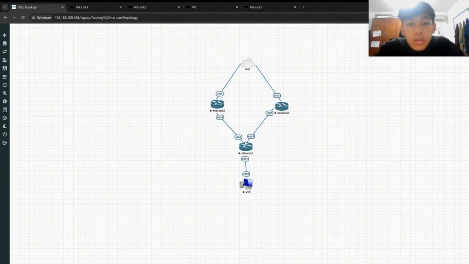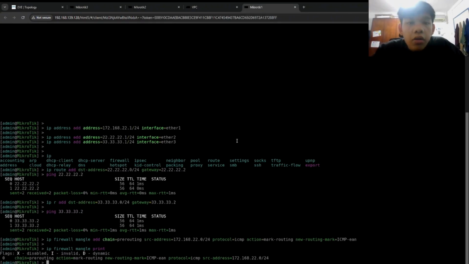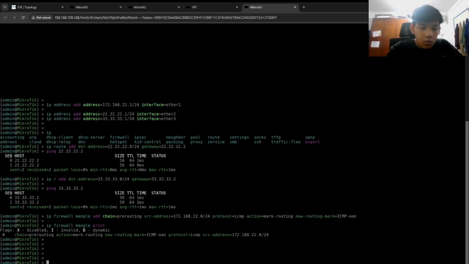So the last step, you just need to add again the static route, but it's different. You're going to make the static route that is connected to the internet, but we're going to make it for different traffic. So like this, you just make it IP route add destination 0.0.0.0/0, and then gateway, whichever one you want to fill in. You can do it like this.